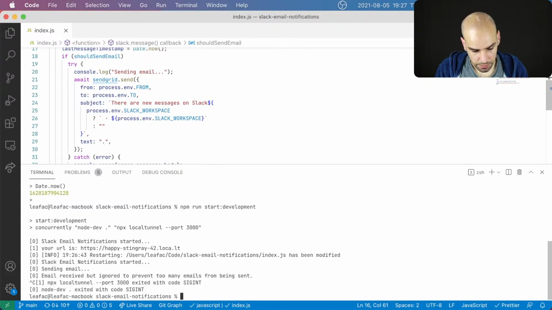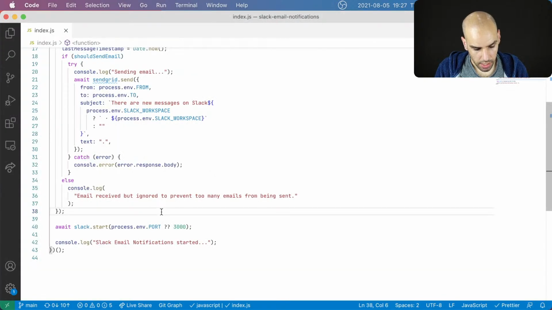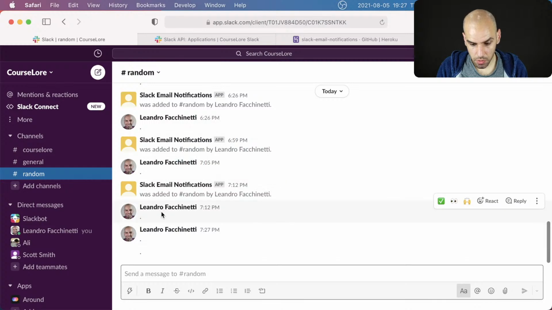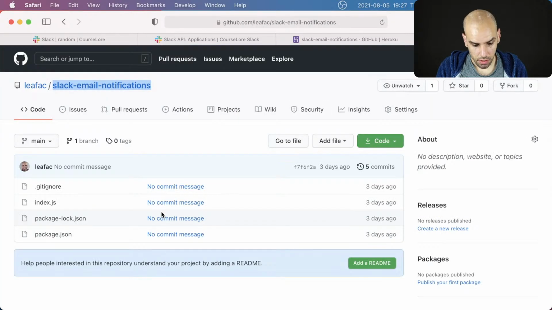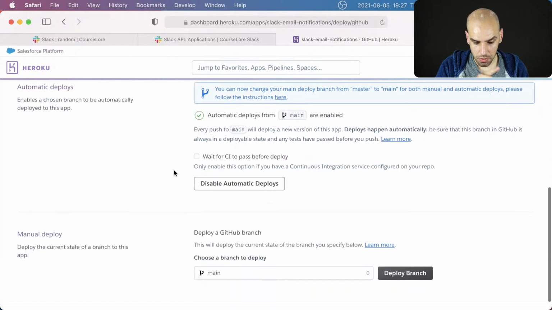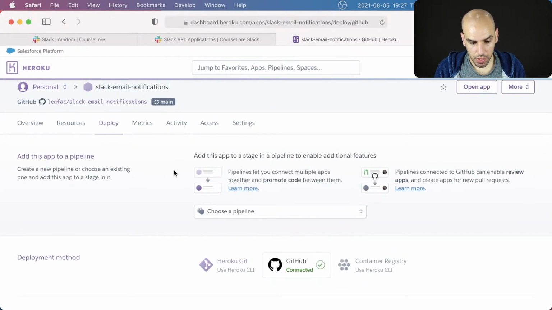All right, so I stopped the app, and I think that we did everything we needed to do to set this up. I think that the app is done. So let's deploy this to Heroku finally. The GitHub repository is already connected to the Heroku app, and I can just push and it will deploy.